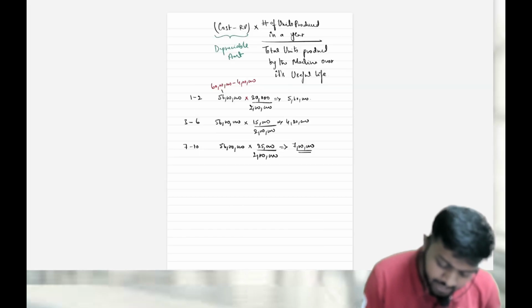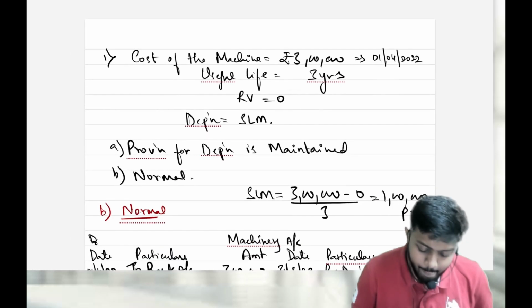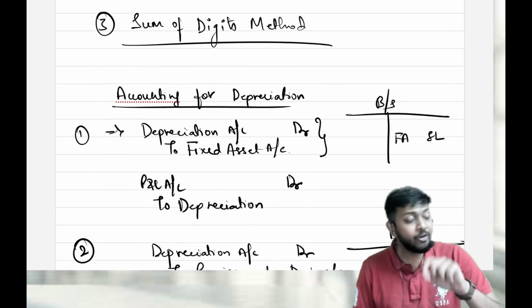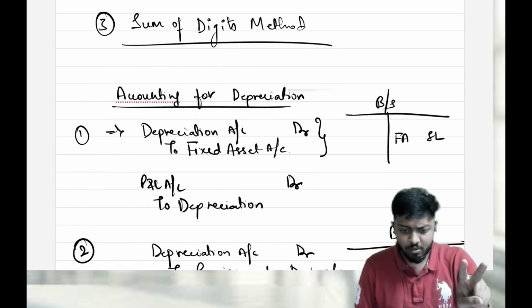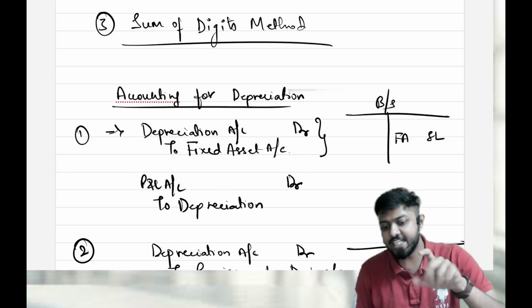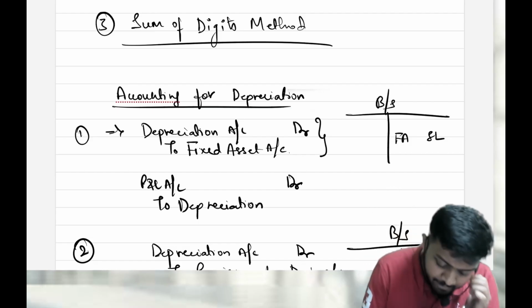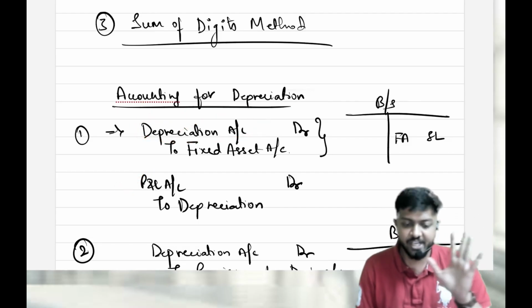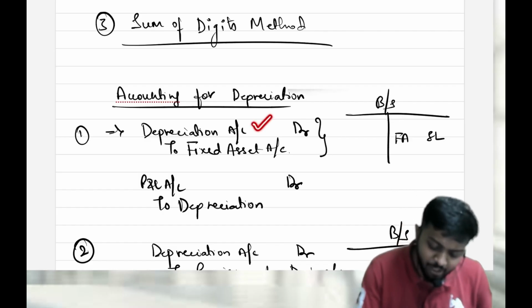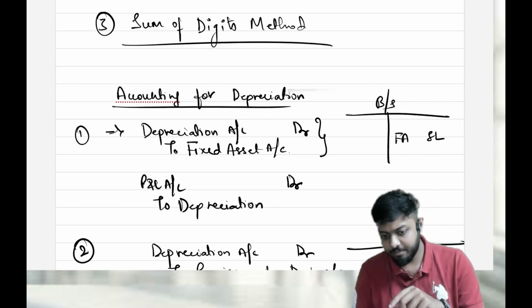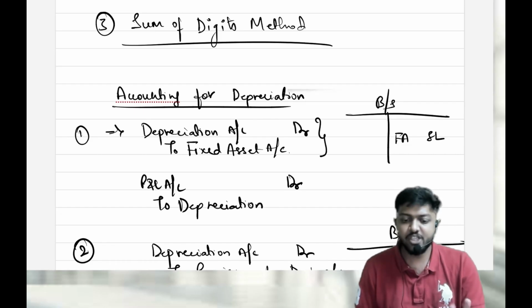Yes, sir. Now let's focus on accounting. Let's come to accounting for depreciation. How do we do the accounts? Basically, we have two ways. First is the normal entry. Depreciation is an expense increasing, so debit, and fixed asset is an asset decreasing, so credit. Later, depreciation being an expense will be transferred to P&L: P&L account debit, credit depreciation. Every time you charge depreciation, your fixed assets get reduced. The effect of depreciation is reducing the fixed assets. This is normal depreciation.